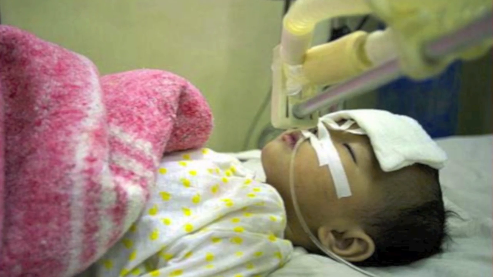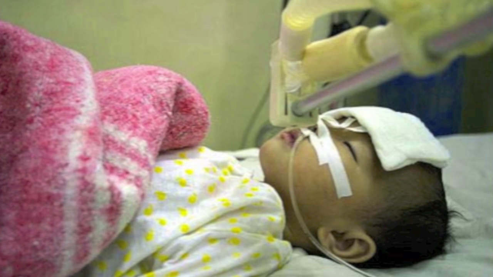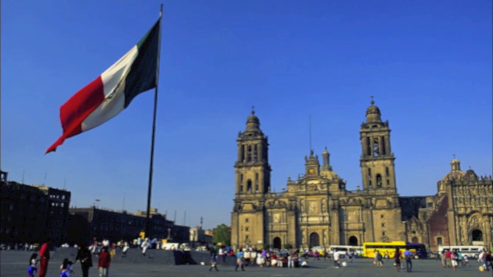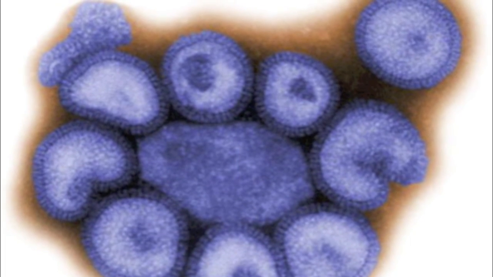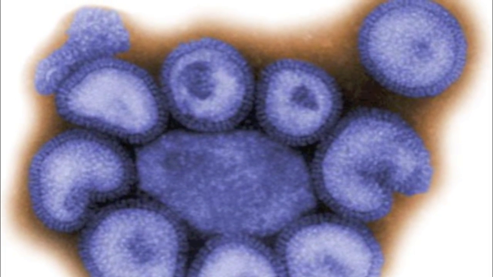In 1918, there was a worldwide epidemic caused by influenza type A, which killed about 50 million people. Also, in 2009 in Mexico, there was an epidemic of one type of influenza called A1N1, which killed many people. Some other diseases of the respiratory system are asthma, bronchitis, emphysema, and lung cancer.